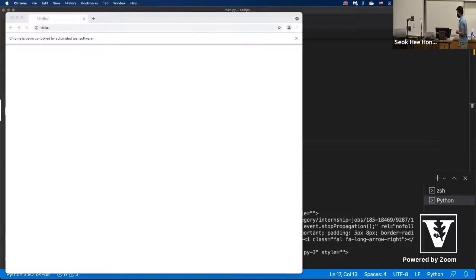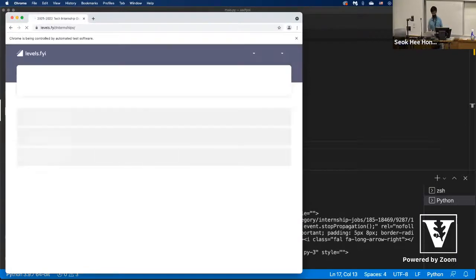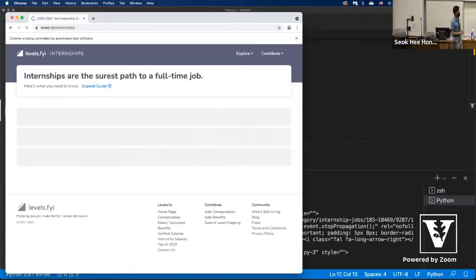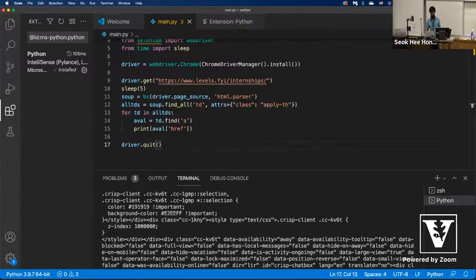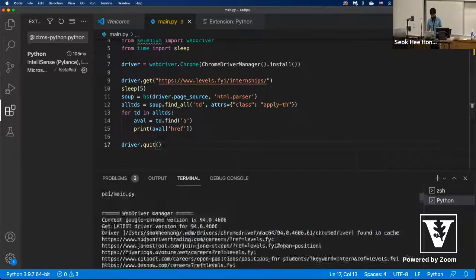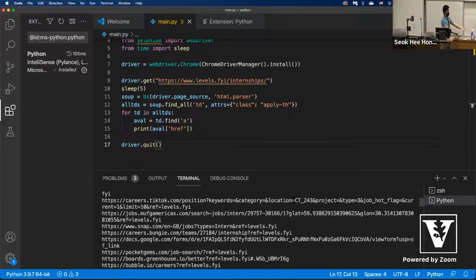Load. We're opening it, we're getting the levels, FYI, we're waiting for this data to load. Loading, and now we have the page and we're actually going to scrape the apply links. So once it quits, and I go down here, you see that we have all these apply links. What can we do with these apply links? We can put them in a database, we can put them in a SQL database, we can store them somewhere, and this is how, let's say,